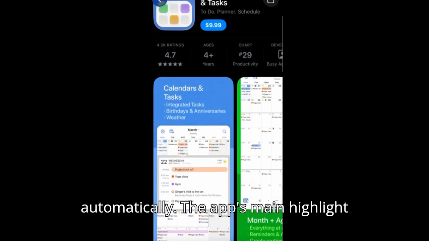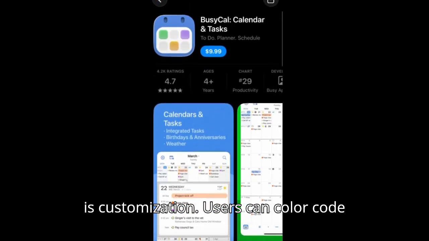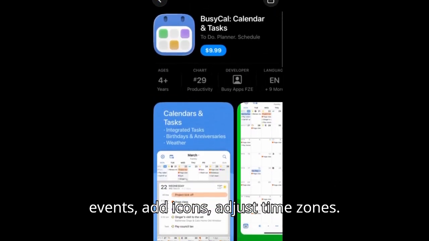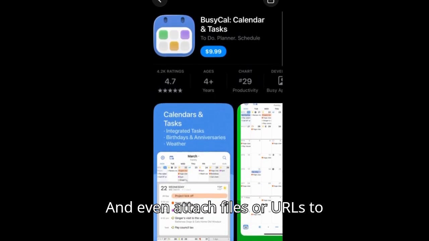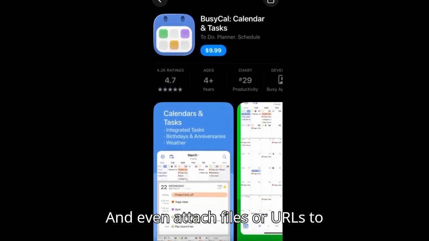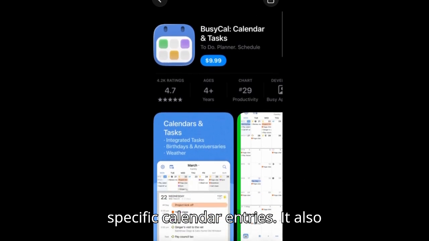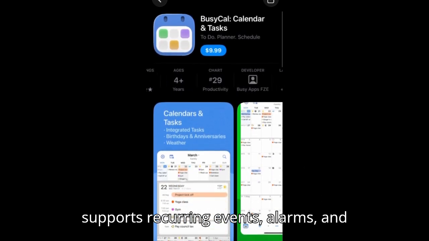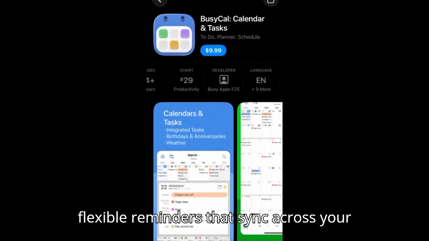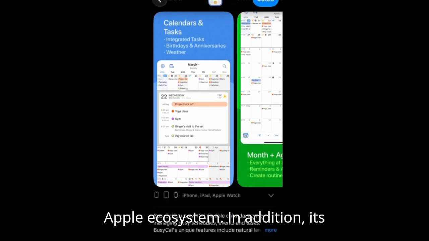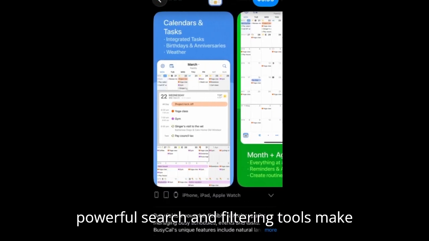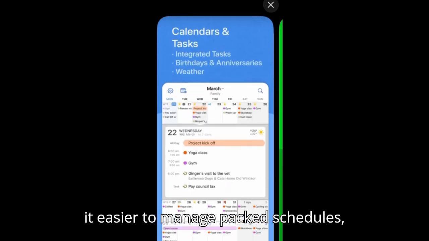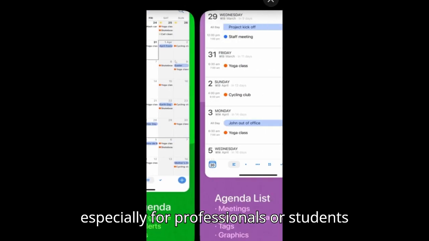The app's main highlight is customization. Users can color-code events, add icons, adjust time zones, and even attach files or URLs to specific calendar entries. It also supports recurring events, alarms, and flexible reminders that sync across your Apple ecosystem. In addition, its powerful search and filtering tools make it easier to manage packed schedules, especially for professionals or students